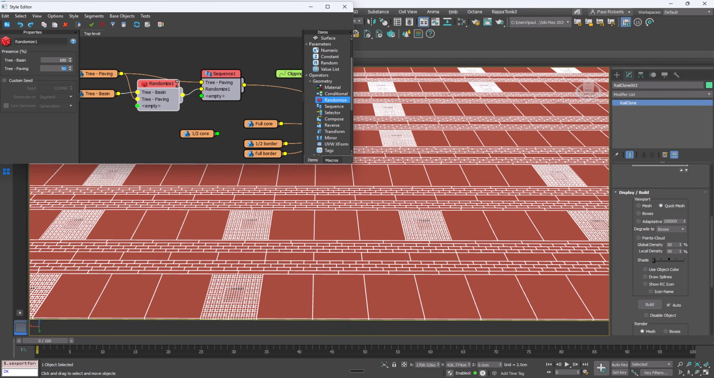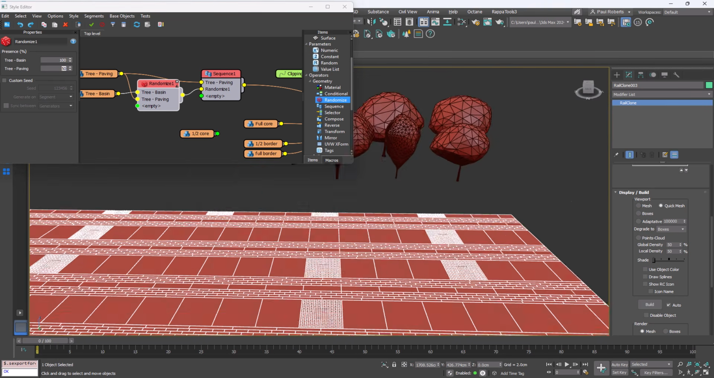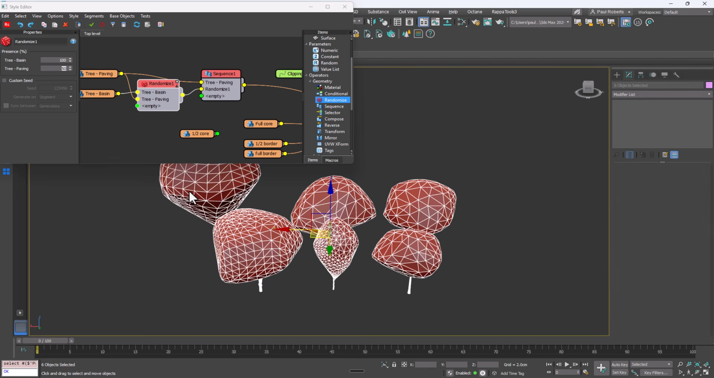This could give you more variation in the layout while keeping everything inside the same procedural RailClone style. With the RailClone paving complete, the next stage is straightforward. We'll create a new ForestPack object from scratch and use the tree basin positions exported to RailClone to distribute our